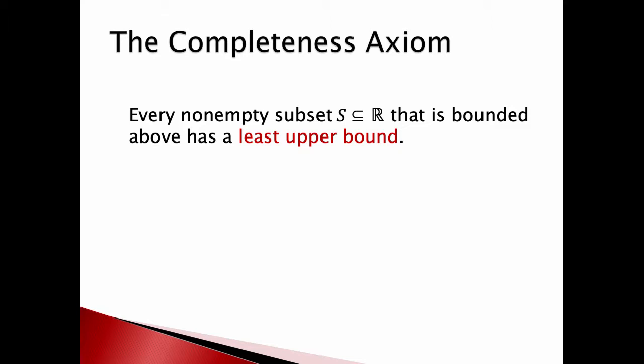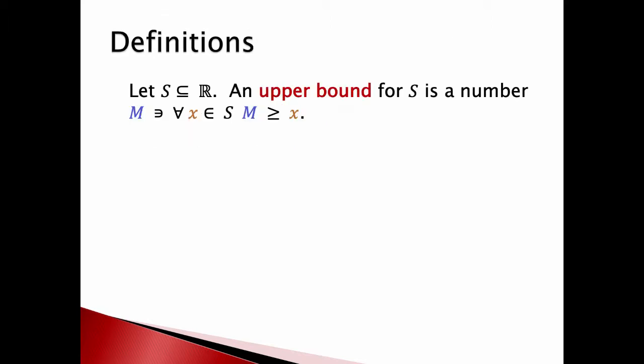Okay, so we need lots of definitions here. We need to talk about bounded and least and explaining what in the world that mess means. But this is what makes R special in a nutshell. Okay, so back to the definitions. What do those words mean? Well, suppose you have a set of real numbers. An upper bound for S would be a number, let's call it capital M, that's bigger than everything in S. So it's a number M so that for every x contained in the set S, capital M is bigger than or equal to that x. So if you have a set of real numbers, it's just a number bigger than all of them.